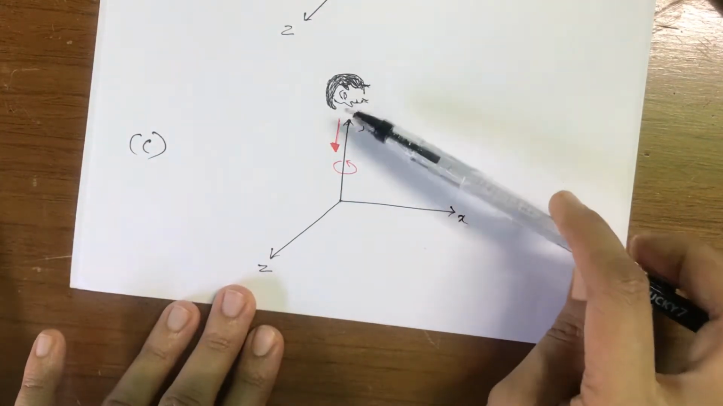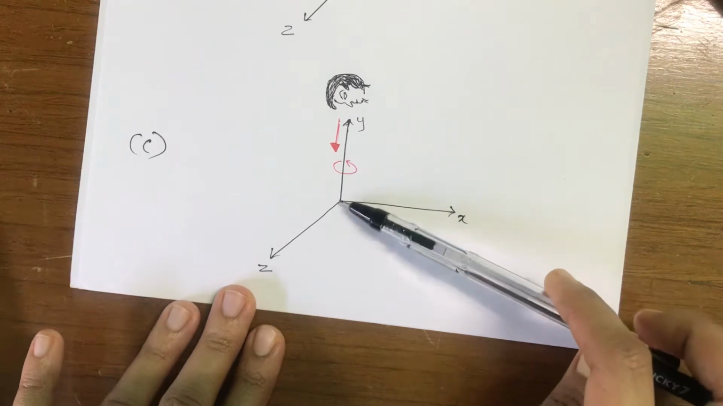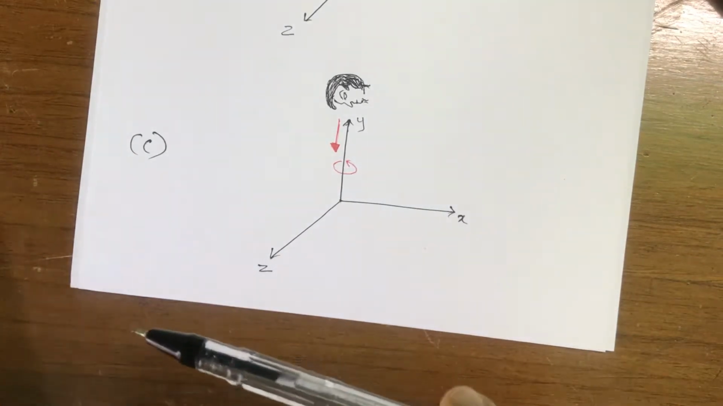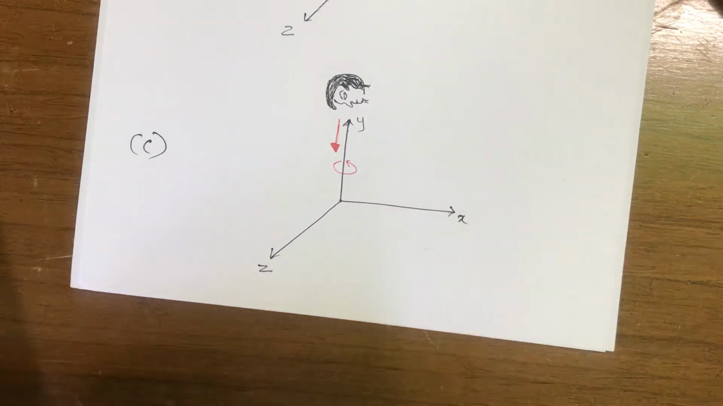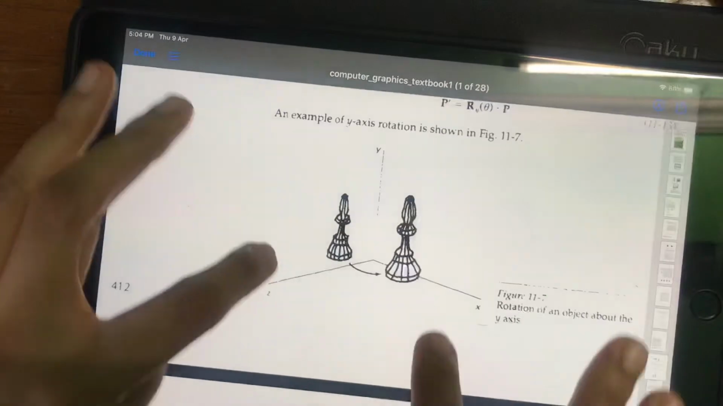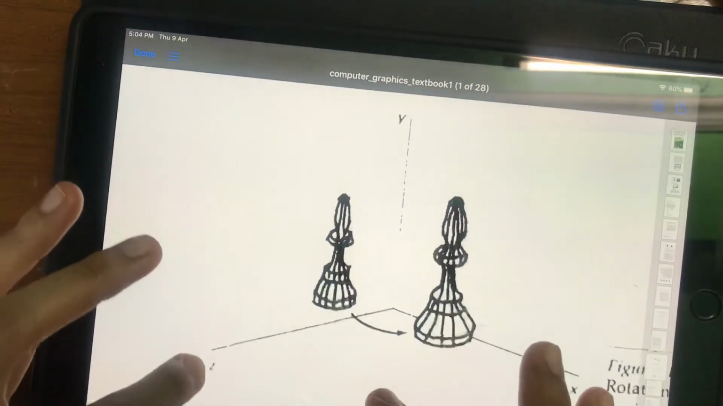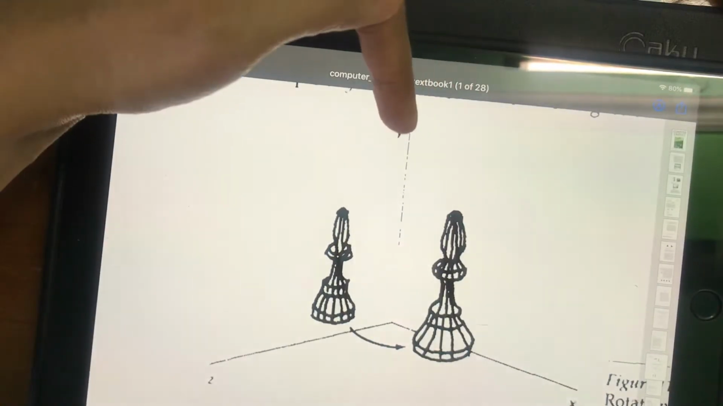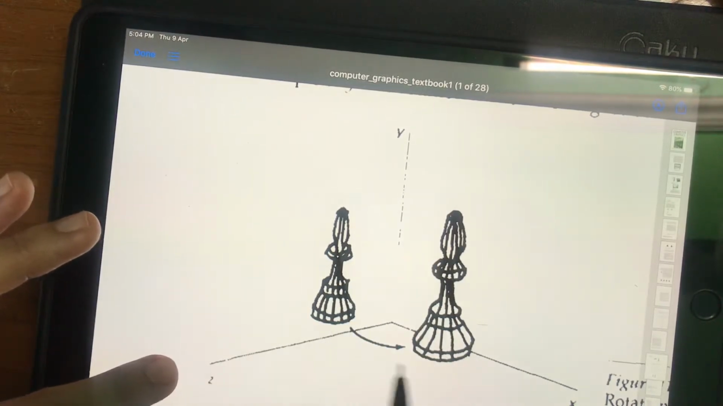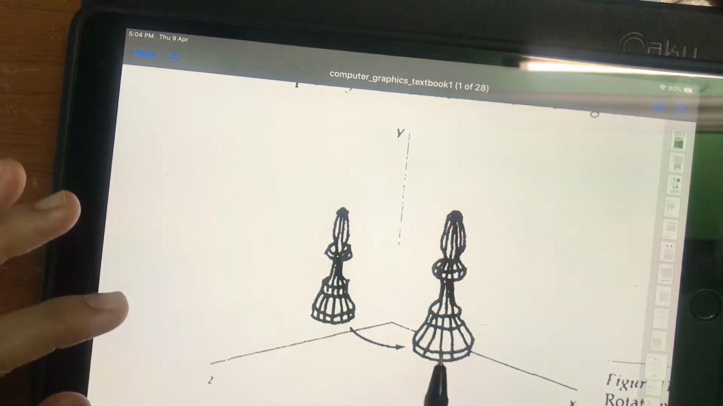This is the onlooker right here, he is looking in this direction towards the origin, and I am performing the rotation about the y axis. Okay, now in order to perform the rotation about the y axis, like I said, you have to look from the direction of the y axis. Okay, and this is how the object will look once it is rotated in the anti-clockwise direction about the